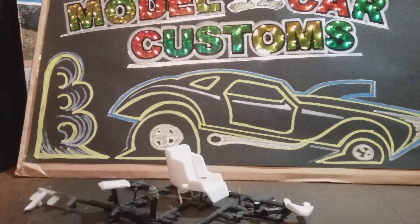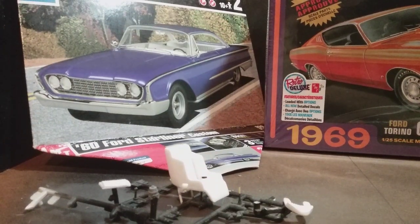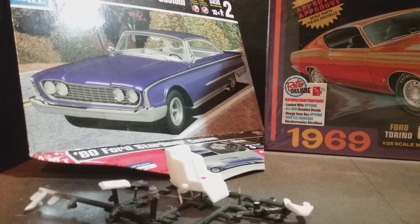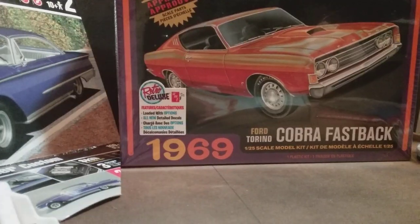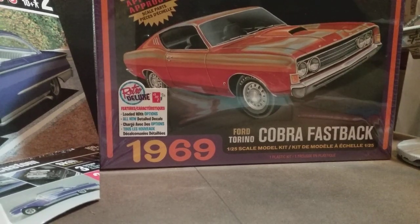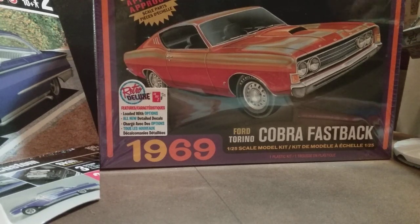I really wasn't happy with the seat I was using through the last week, so I've been looking around for something else, and the other day I spotted another seat. Obviously, that led me to buy another kit. Murder. It's all falling down. So I bought this 69 Cobra Fastback basically for the seat,